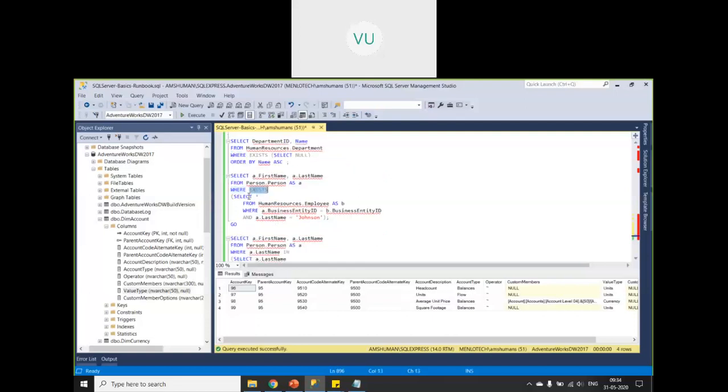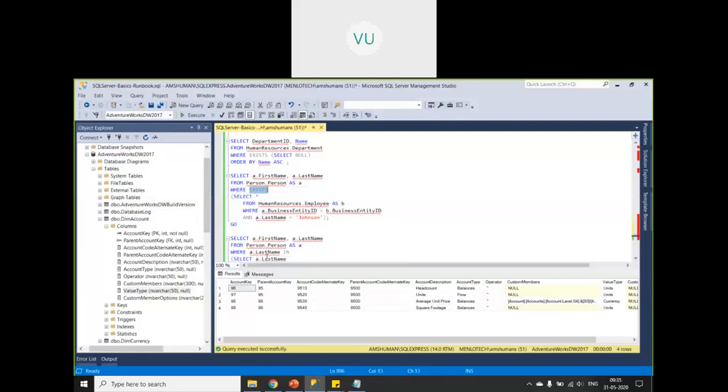Yeah. So when you say exists, if you see this particular query, I have an outer query and I have an inner query, right? When I say exists, it will run my inner query, and if even one record is returned, one record or with one or more columns, it will return a boolean value saying it exists. So that's what it means.